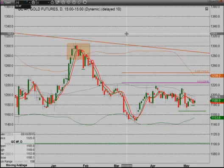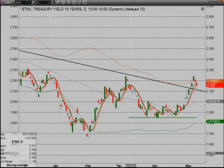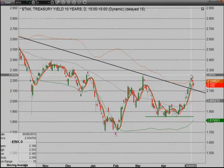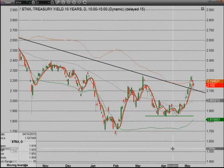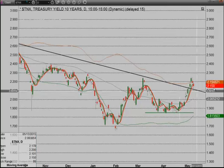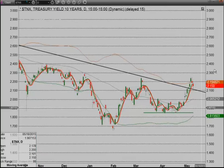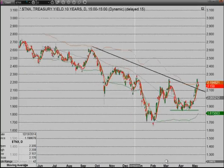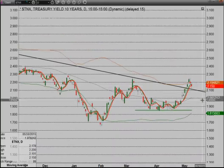Last market we'll cover will be U.S. 10-year interest rates. 10-year rates still favor a stronger dollar. You can see an uptick in rates in the beginning of last week, typical financial markets. You had a counter trend move lower here Thursday into Friday, probably some profit taking, etc. The market gets a little ahead of itself, but look, you took out a long-term trend line here, so we still